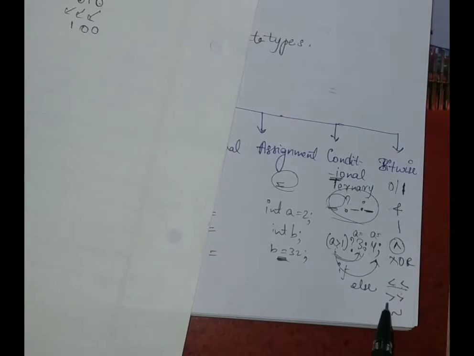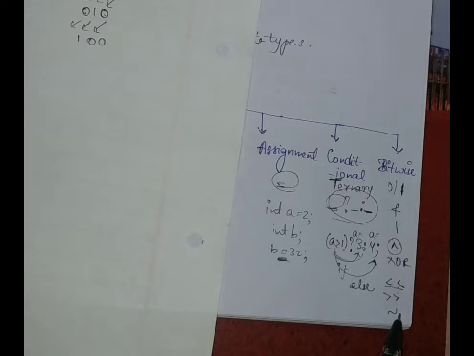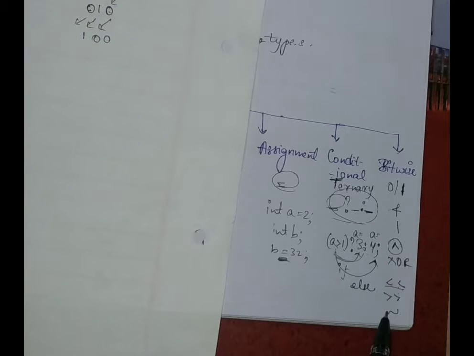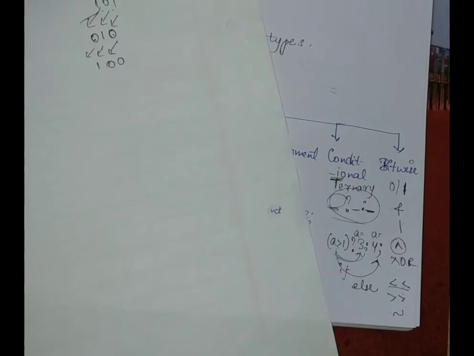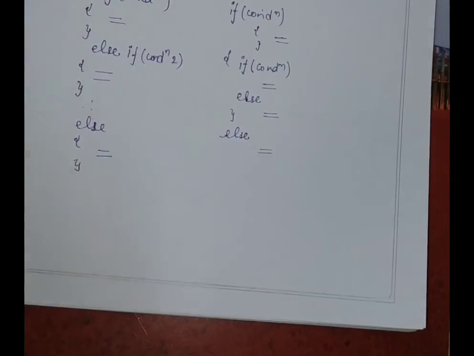Similarly, there is right shift, and this 1's complement. 1's complement is easy. If you give 0, it's 1. If you give 1, it's 0. So that's about operators. And then